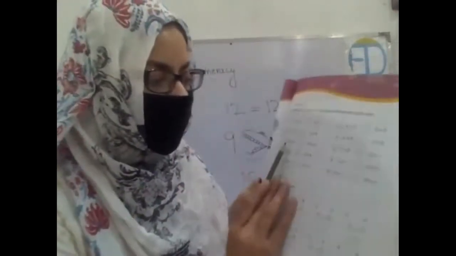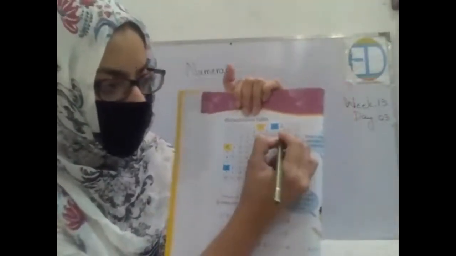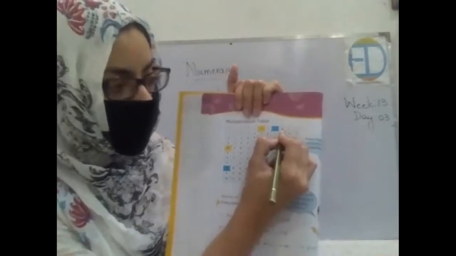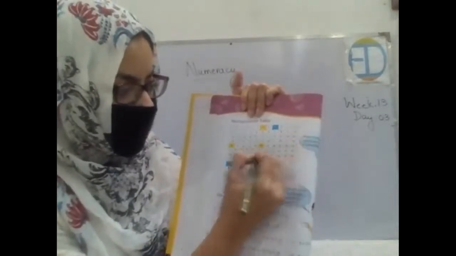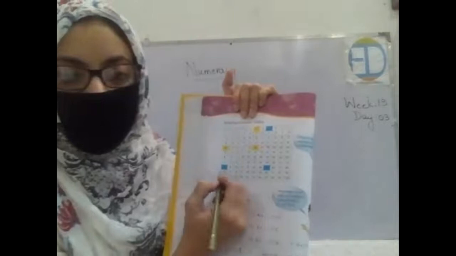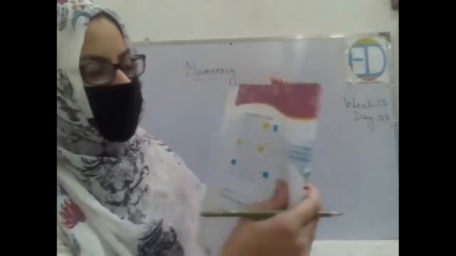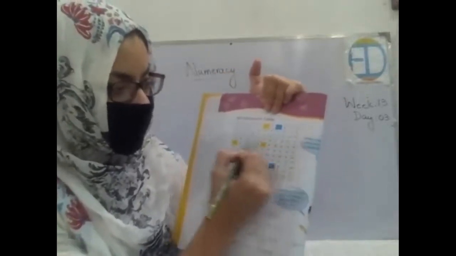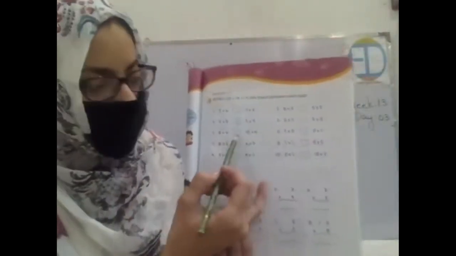Okay, the next one is 8 cross 4. Look over here. You will move into the column of 8 till 4. 8 and then 4, and the answer is 32. So you will be writing 32 over here, and 10 cross 4. 10 cross 4 is 40. Then write 40 over here. Now tell me which one is the larger number? Which one is bigger? 40 definitely. So the open part of the crocodile mouth would be toward 40.